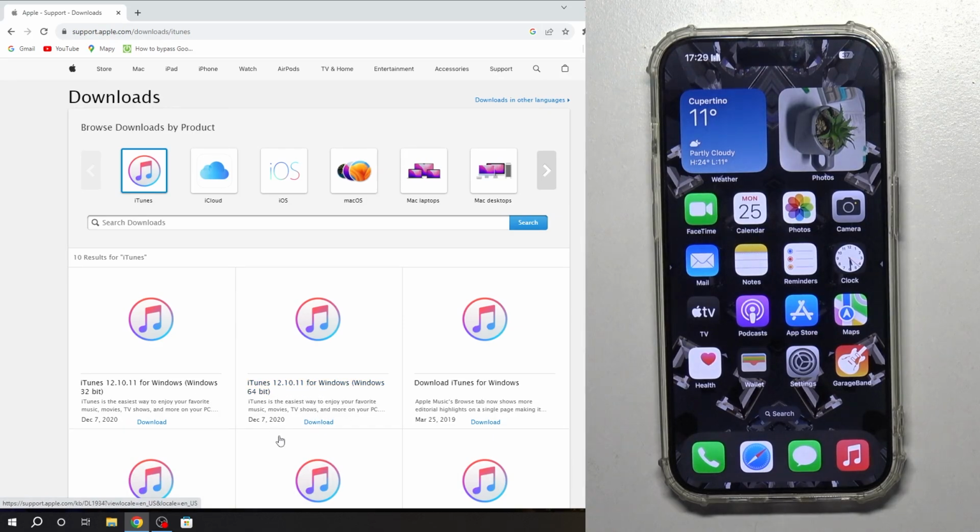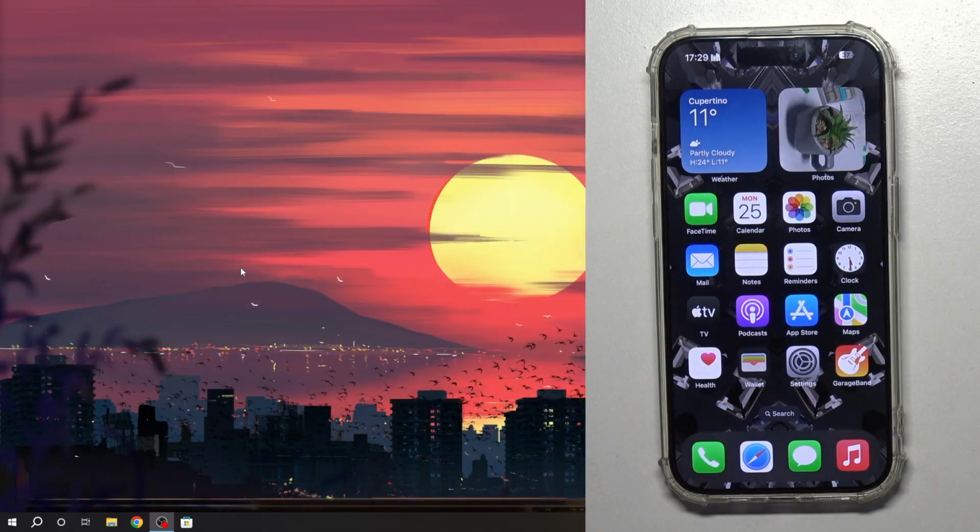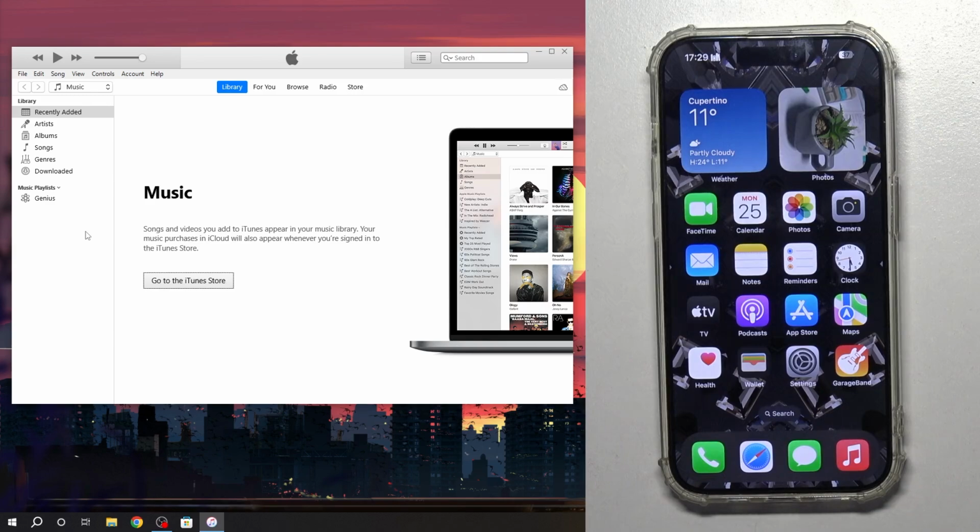As you can see, the latest version was created in 2020, but when you will install it, it will automatically update. So it will ask you for an update, you will need to accept the update and wait a while, update, reboot your PC, log in into the iTunes, open it, and you need to have the cable, but you